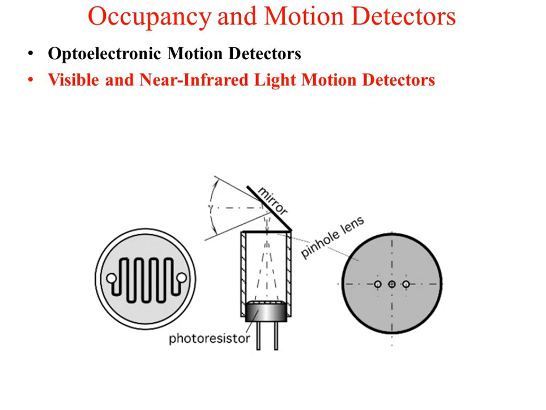So here it is, the example. You can see that this is a pinhole lens. Here it is, and it is kept over here. This is the mirror, and this is the range captured by that mirror, and the ray will come like this, and it will be reflected back through these pinholes, and it will come on this surface. This surface is nothing but a photoresistive type of material, and you can see that it is in a spiral shape, that's why it is called a serpentine type of resistor.